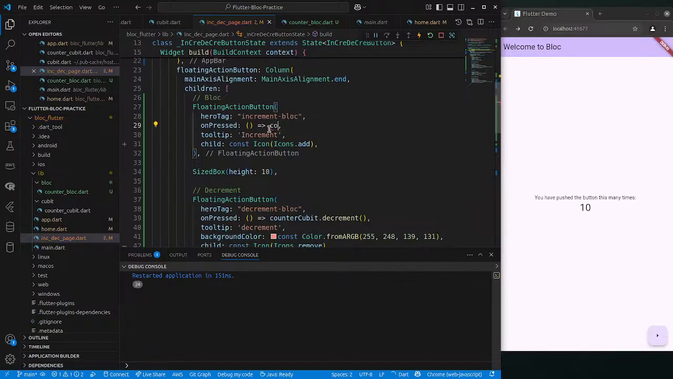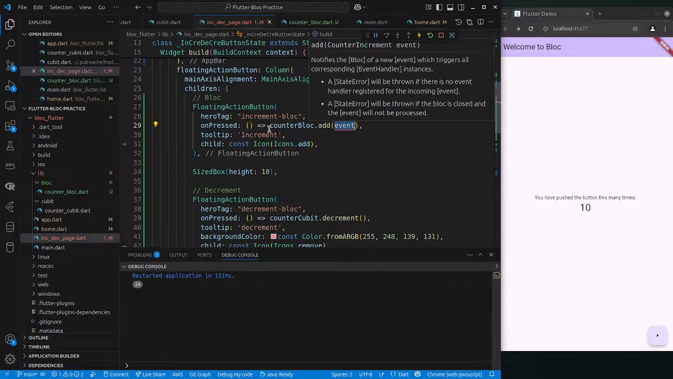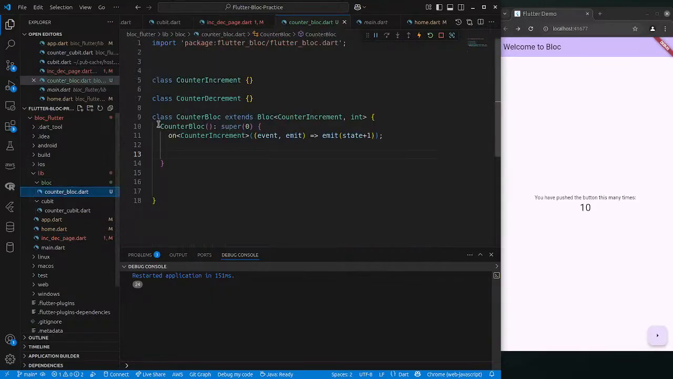Okay, so counter block dot add. Okay, so it will notify the block of a new event. This triggers all corresponding event handlers instances. Okay, so event handler, so basically we have created handler here, if you see here. So it will just check for the dispatcher if the event that has been released or dispatched is of counter increment type, then we have to execute this function. Okay,